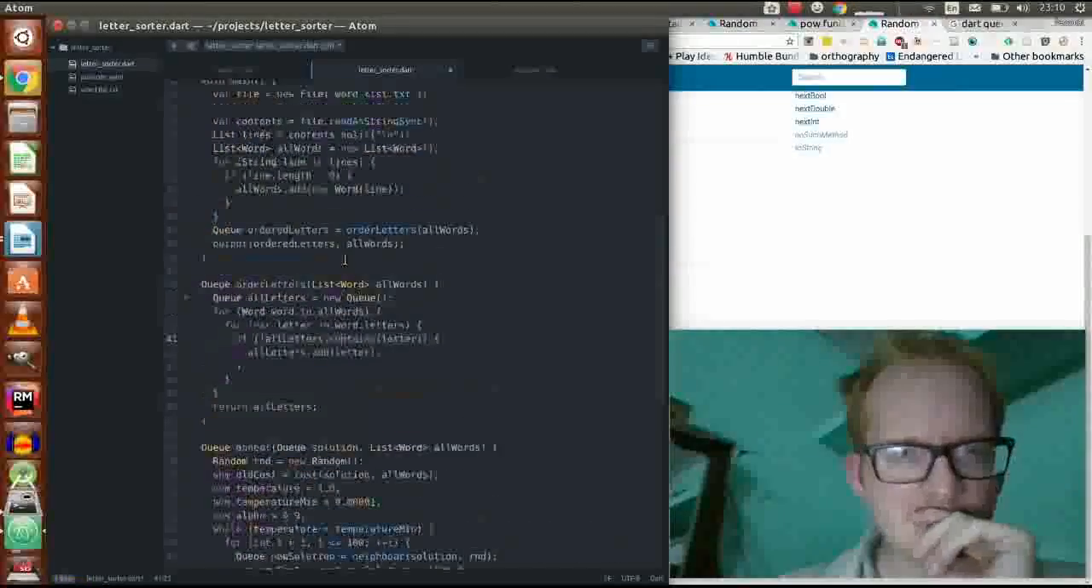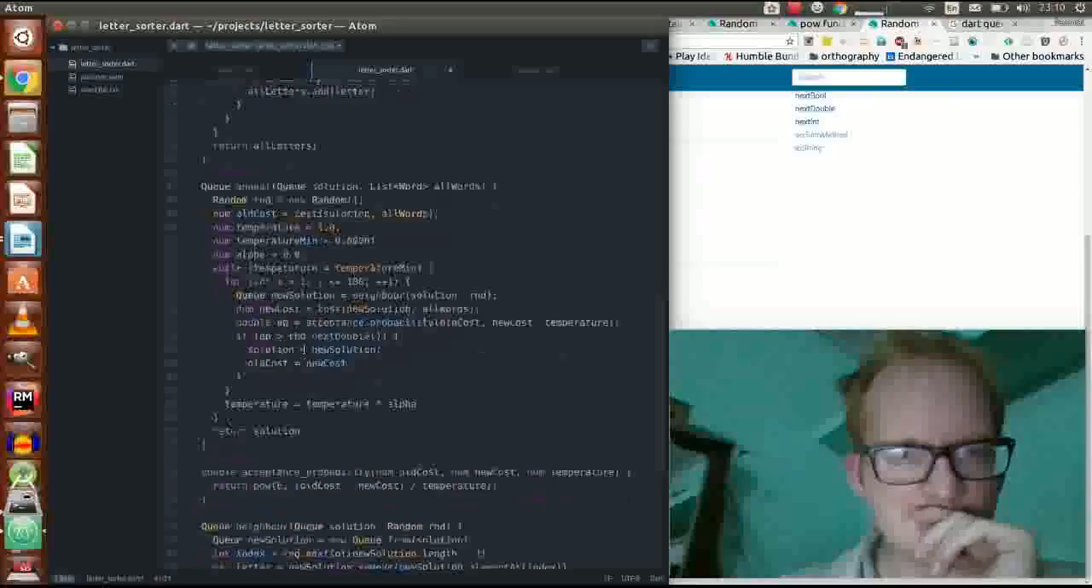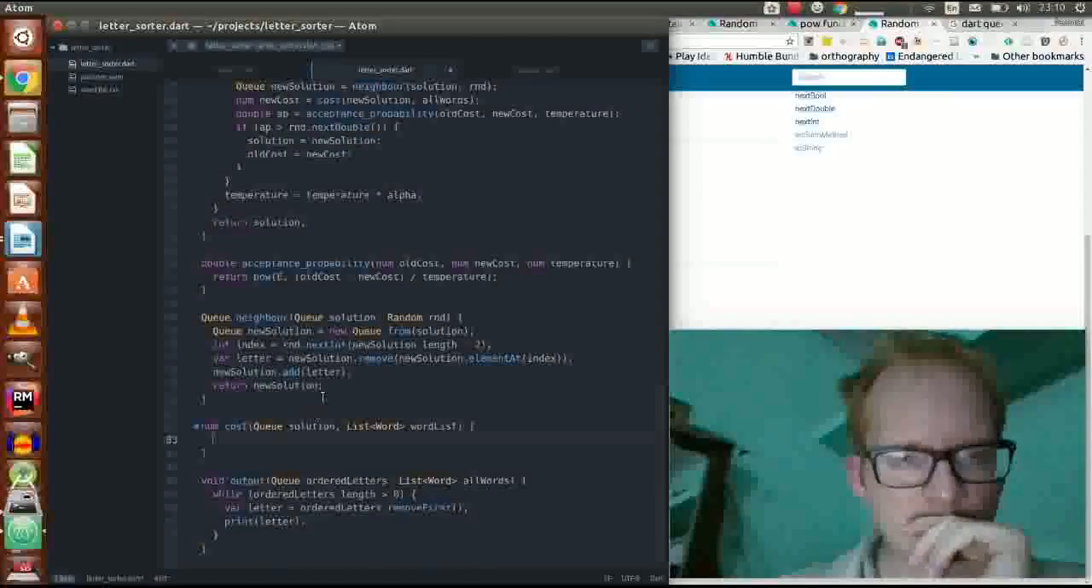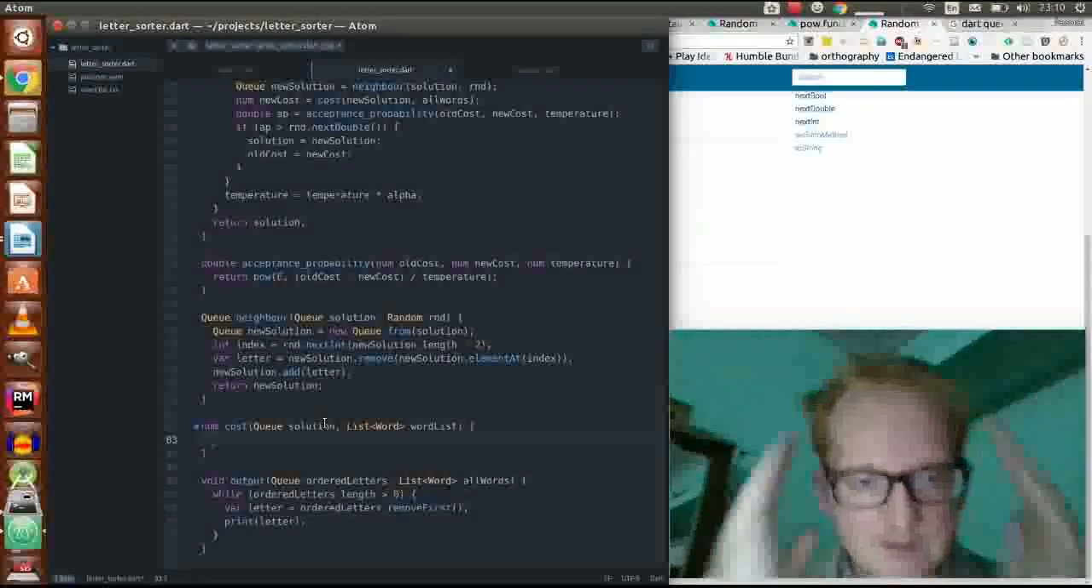What's going on there? Okay. So what that was. Okay, now we need to get the area under the curve. Okay, so that means for each letter